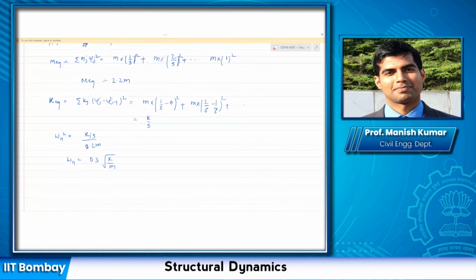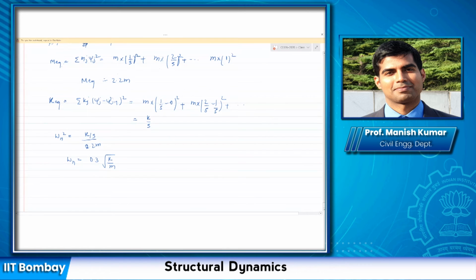Some implementation of this type of method you might see in Indian code. Like if you have done a course where you have utilized IS 1893, there you see that to distribute the story shear, we assume either parabolic distribution of the forces or the linear distribution of the forces, where you utilize the equivalent static method. So whatever we are studying, these are applied in practice in some way. And the application of this type of simplification is found in the equivalent lateral procedure that is given in seismic design codes, where the lateral forces need to be found out.